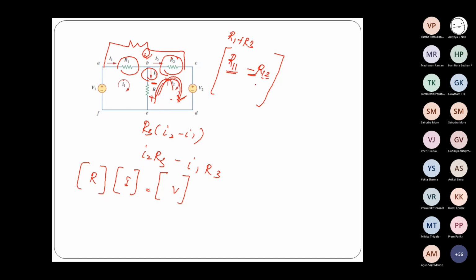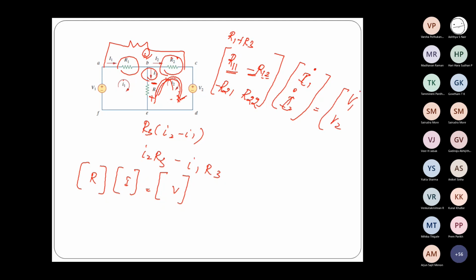Okay, so minus R12. Similarly, in the second row, it is minus R21. Since it is the second loop, I write it as 21. So again, this is a common element between loop 2 and loop 1, and that will be a negative. And then we have R22. What is R22? Sum of the resistances present in loop 2. Then multiplied by I1, I2. Okay, let us write small letters I1, I2, which is equal to